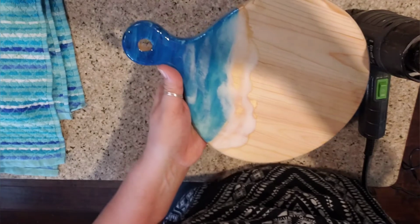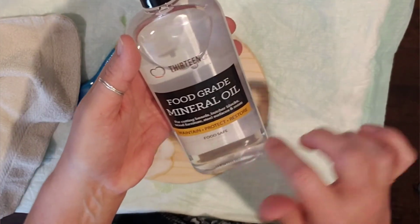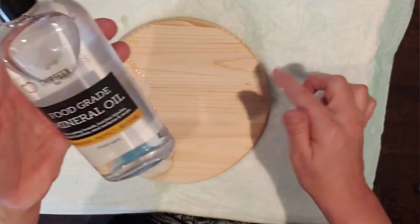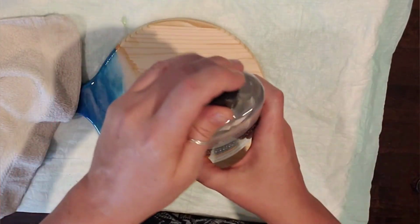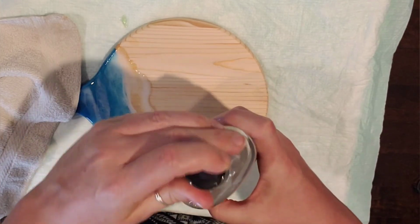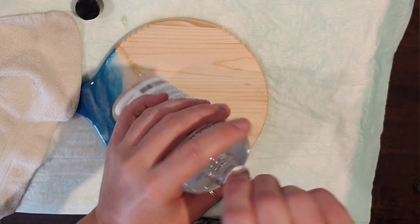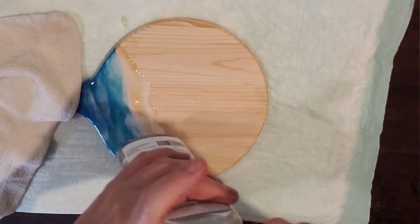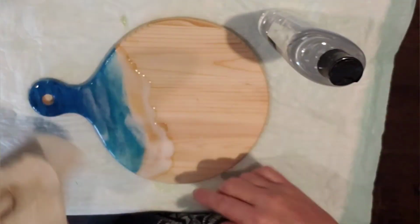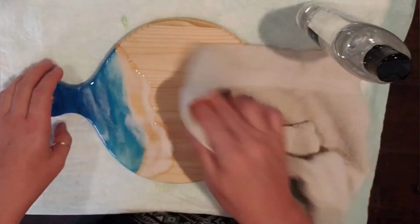Be right back. Okay, so here is the food grade mineral oil that I got, and it is supposed to protect the wood and be food safe. So from what I understand, you should wait 4 hours after applying it before using it. And on some woods it takes more than one coat. So we're just going to get going. I've never done this, but